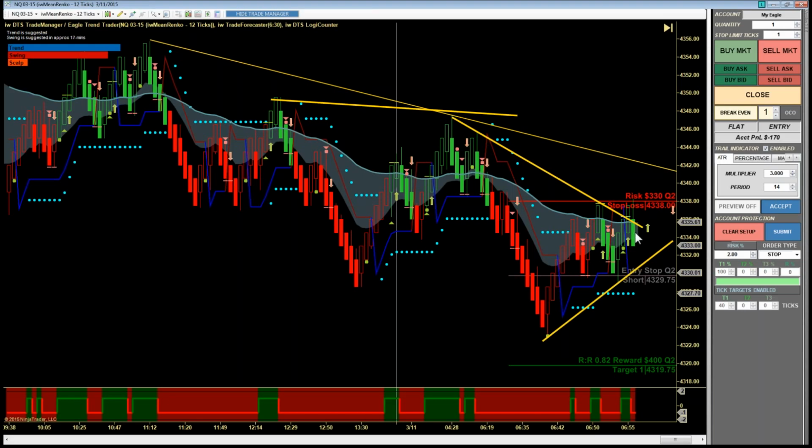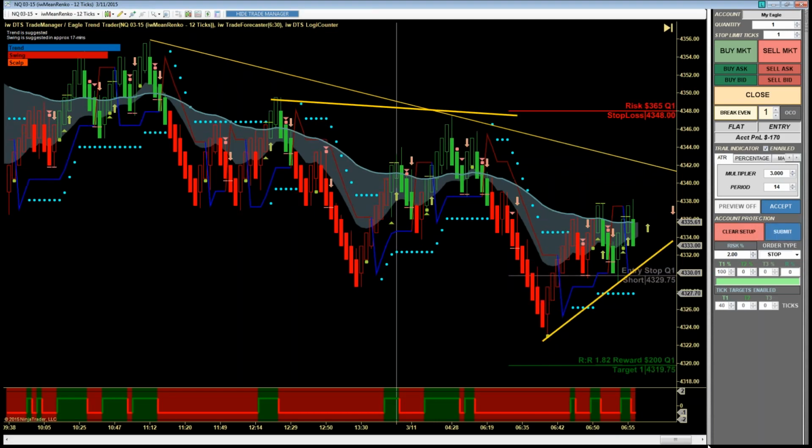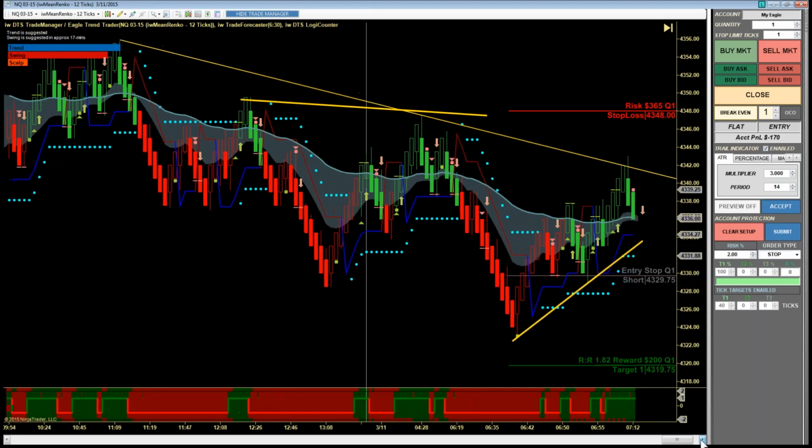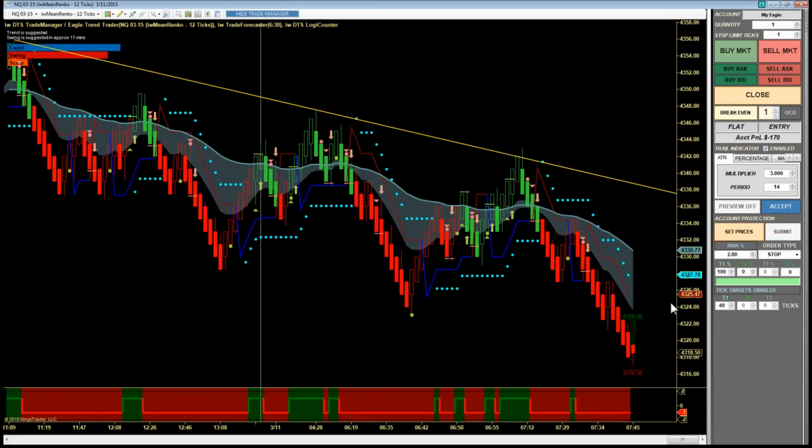But had I run a better stop, a stop that actually gave this trade a chance, maybe above this swing high, I would have realized a profit instead of a loss. And sometimes the difference is as simple as that. Sometimes the difference between a winning trade and a losing trade is as simple as running a reasonable stop or waiting for the better